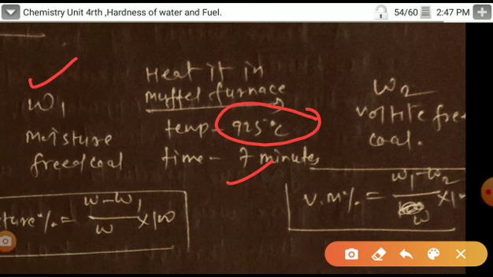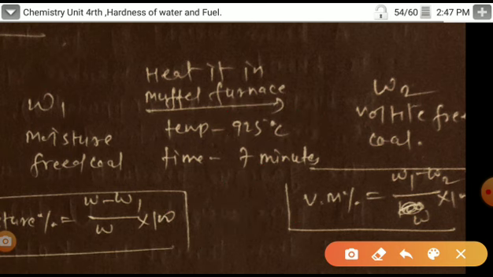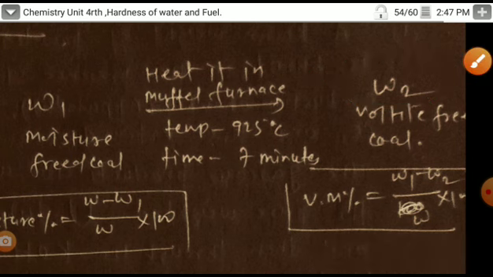Within 7 minutes, all the volatile material, that means sulfur and nitrogen as well, will be removed, and you will get the coal from the muffle furnace that is moisture free as well as volatile free. You have to determine the weight of the coal, that is W2. So simply, W2 is the weight of the coal which is volatile free as well as moisture free. Now this W2 coal